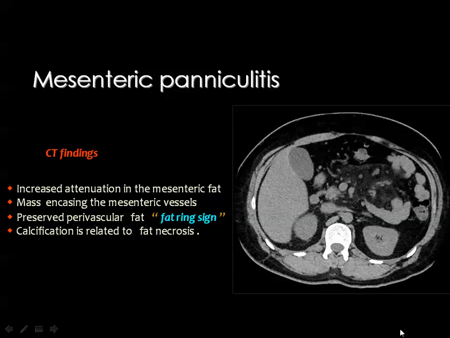You get an abnormal density of the mesenteric fat localized at any site, usually in the upper abdomen, and you can see the mesenteric vessels going through this abnormality. If you look carefully, you may see that the fat surrounding the vessels is more or less preserved, and this is what we call the fat ring sign. And after healing, calcium may be